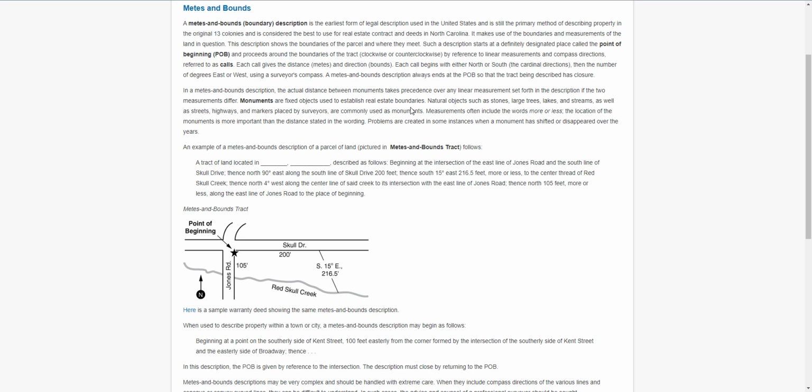An example of a metes and bounds description of a parcel of land: a tract of land located in blank, blank, described as follows. Beginning at the intersection of the east line of Jones Road, okay, and the south line of Skull Drive, okay, north 90 across the south line, 200 feet, south